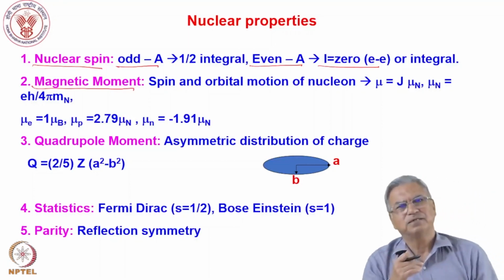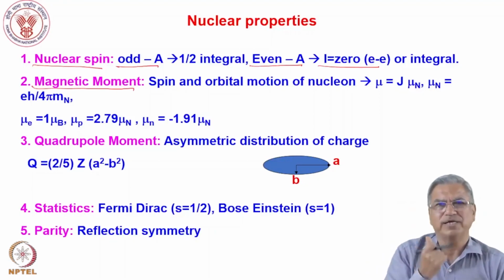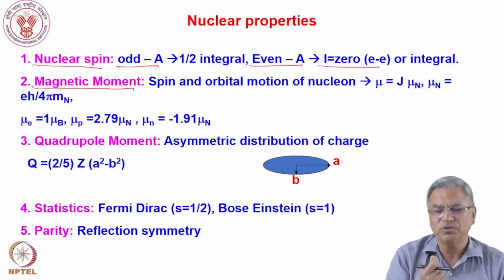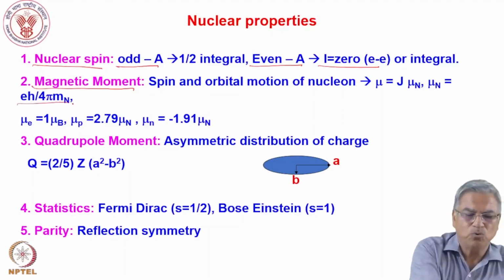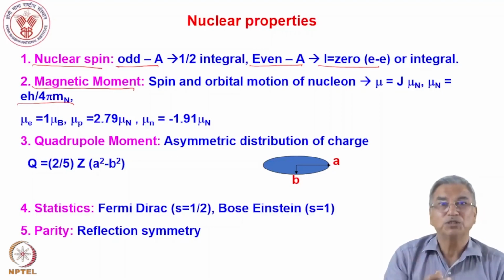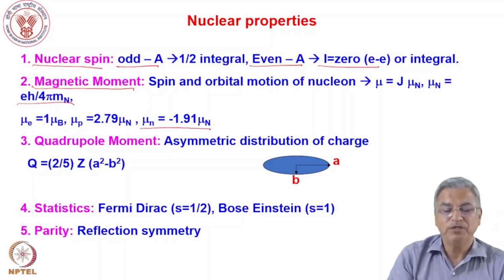The magnetic dipole moment comes from, first, the spinning of the proton and neutron along its own axis. If a proton spins, like the electron has a Bohr magneton, the proton has a nuclear magneton, eħ upon 4π m_p. So not only the spinning of the proton and neutron gives you the magnetic moment of proton and neutron, but the orbital motion of the proton will also give you a magnetic dipole moment, but not that of the neutron. The important point is that the neutron has a magnetic dipole moment when it is spinning around its own axis,